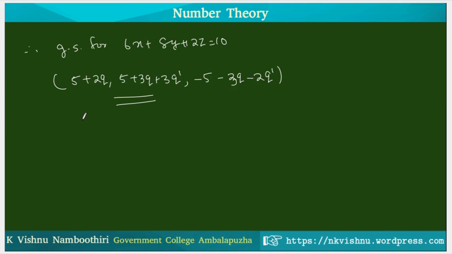This is how we solve a linear diophantine equation in 3 variables, and this procedure can be followed for linear diophantine equations with more than 3 variables, but in that case the process is going to be more difficult. So we have completed the discussion on linear diophantine equations in 2 variables and 3 variables, and with this we stop our discussion on linear diophantine equations.